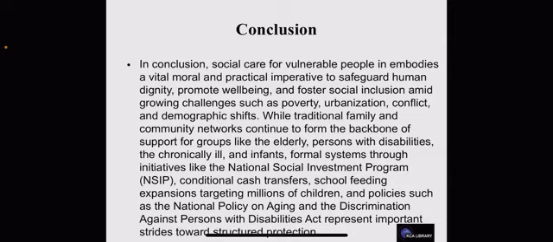These growing challenges could come in the form of poverty, urbanization, conflict and demographic shift. While traditional family and community networks continue to form the backbone of support for groups like the elderly, persons with disabilities, the chronically ill, and infants, formal systems through initiatives like the National Social Investment